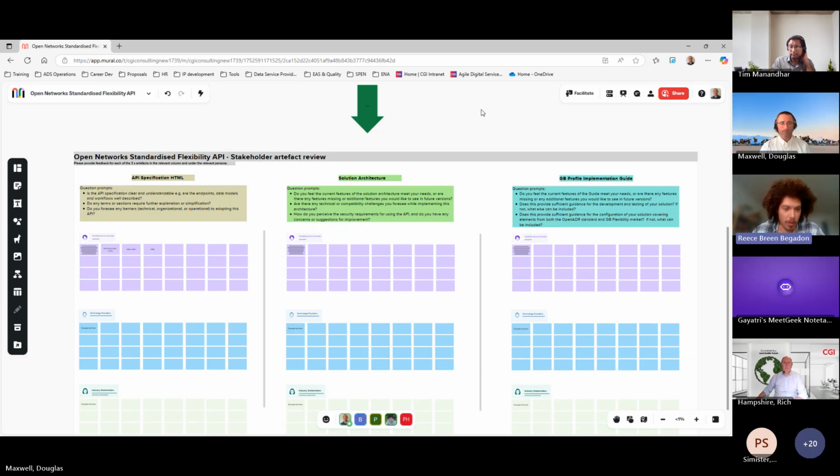Maybe just one additional point to make for myself, Douglas. Whilst we have got specific questions here that, as Rich said, prompt some thinking and get specific feedback that the working group and delivery team are keen to get, any other points that you have on the documents, please do feel free to put them in the boxes. We're interested in any feedback you have on a document shared. So just want to make that clear.